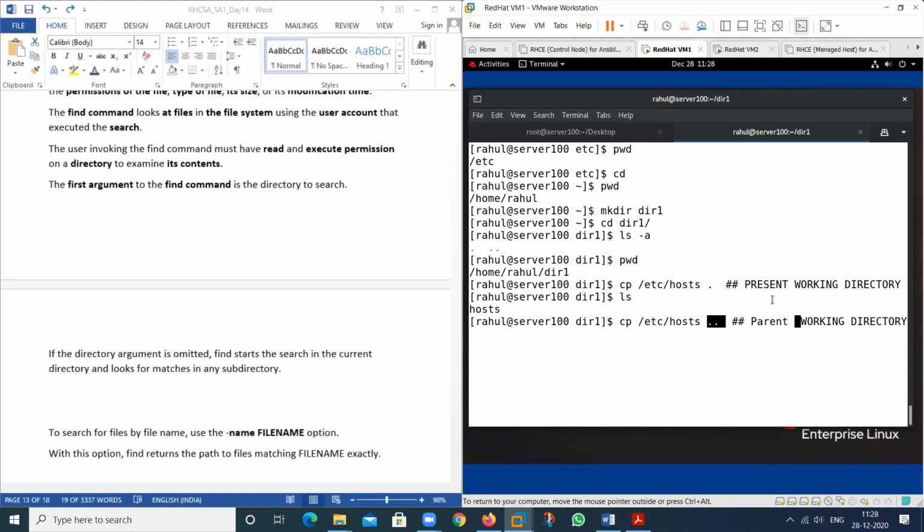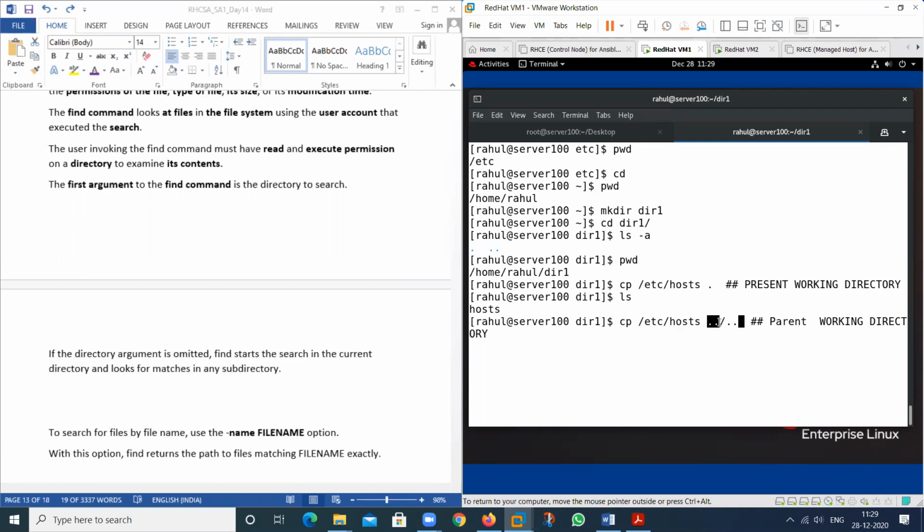It means in which location this particular file will move, because this is the child directory. And what is the parent directory of this one? Rahul, this one. This name of the directory, this is Rahul directory. So this particular file will move to this location. If I am using it like this, then tell me again, in which location will it move? So this is the child directory and this is my parent directory. So it will move to home. So this particular file will move to home.